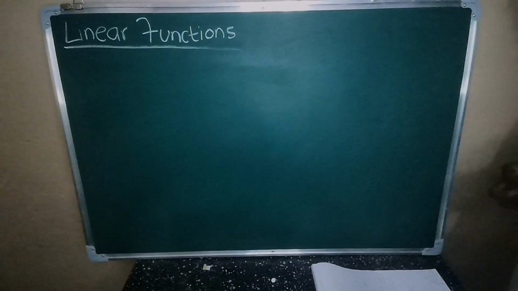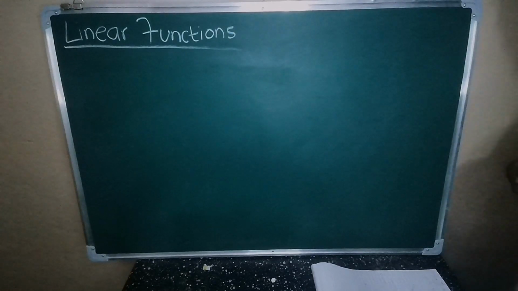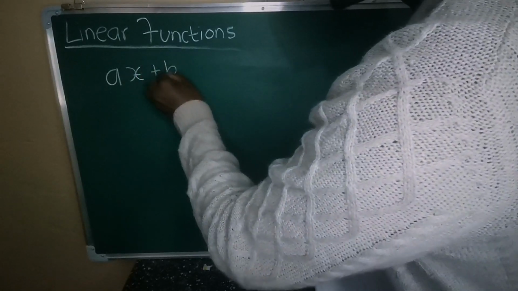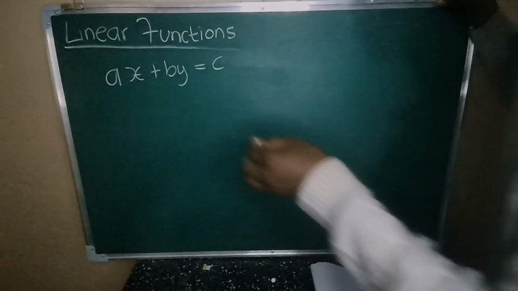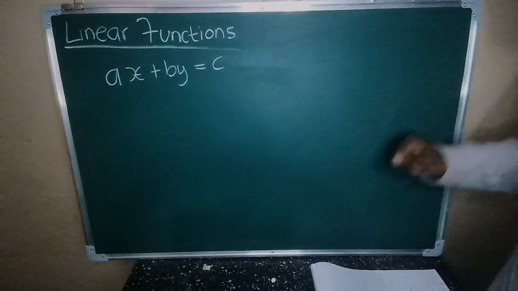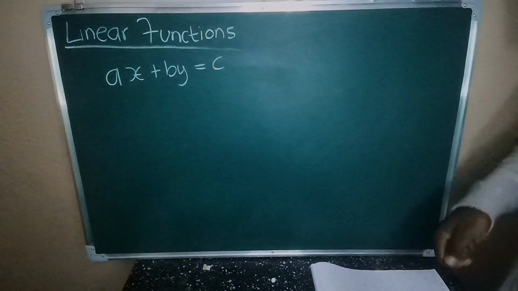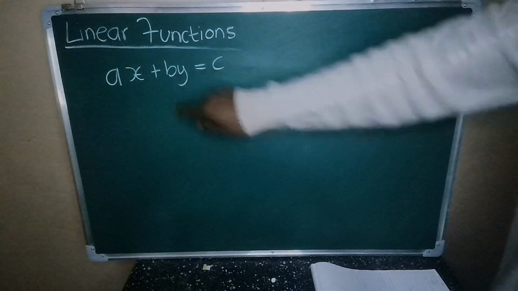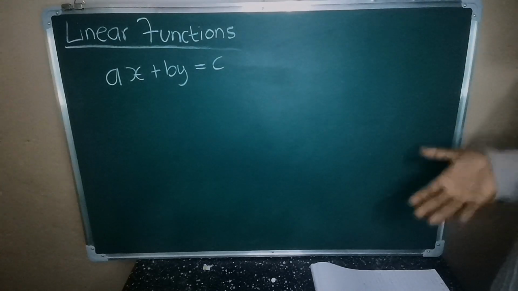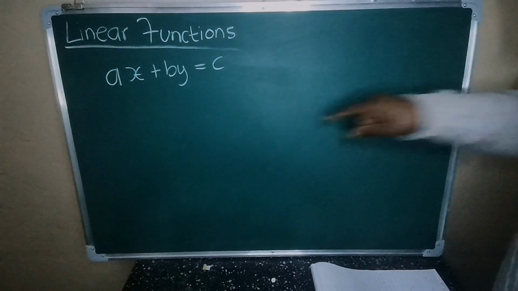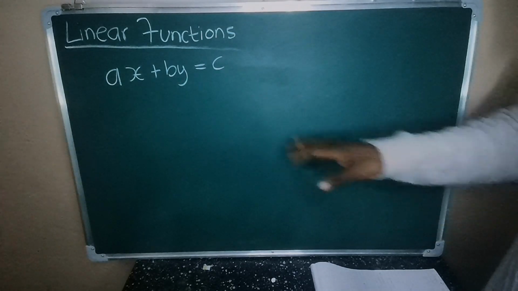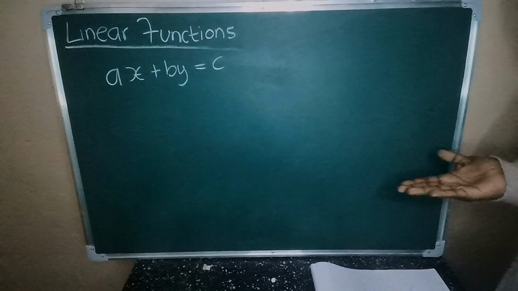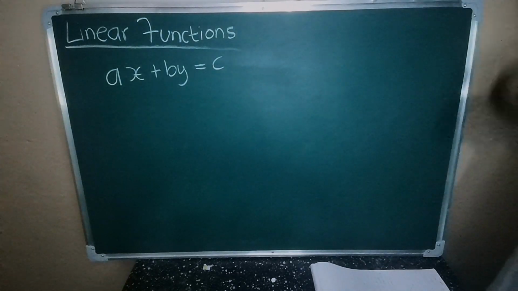And the last part, so a linear function can be written in this form, ax plus by is equals to c, wherein the value of a still represents our gradient, the value of b is still just a number, and c is our constant basically. So you can literally make y the subject of the formula in this case, but it does not matter for now. It will depend on the situation